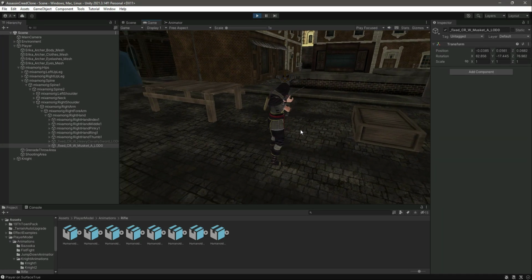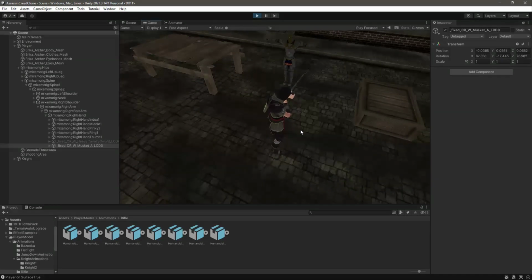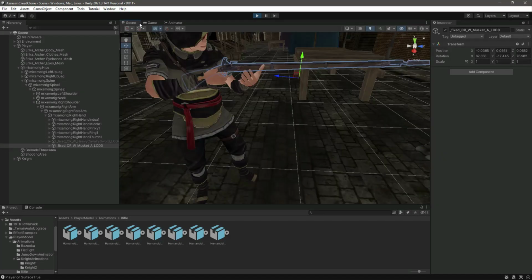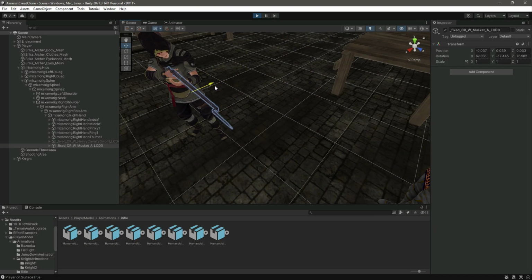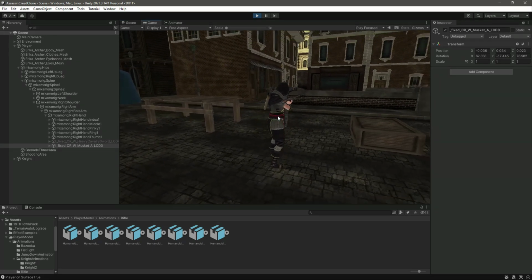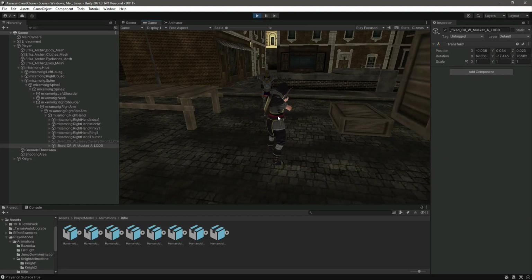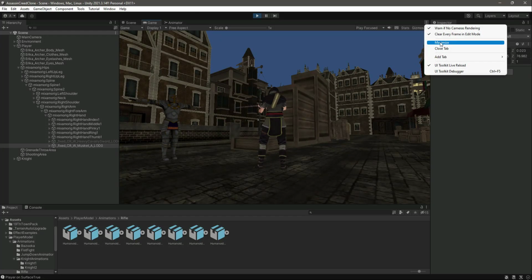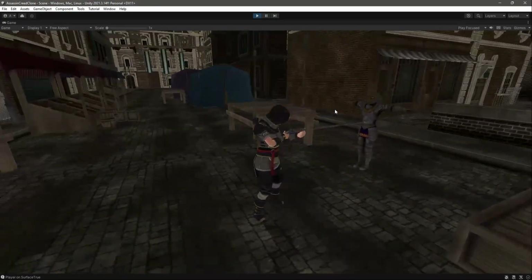The rifle doesn't look good. We need to set this even more, so let me move this to this side a little bit like that. Okay, so as you can see, it is taking some shape now. Let me see it in the full window. So this is the rifle, as you can see,